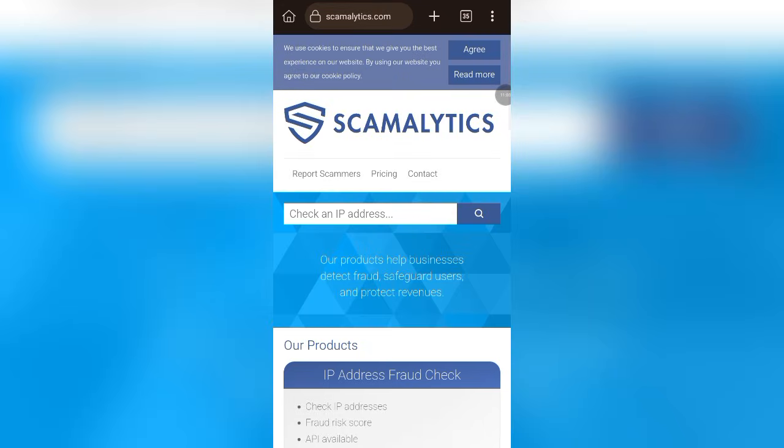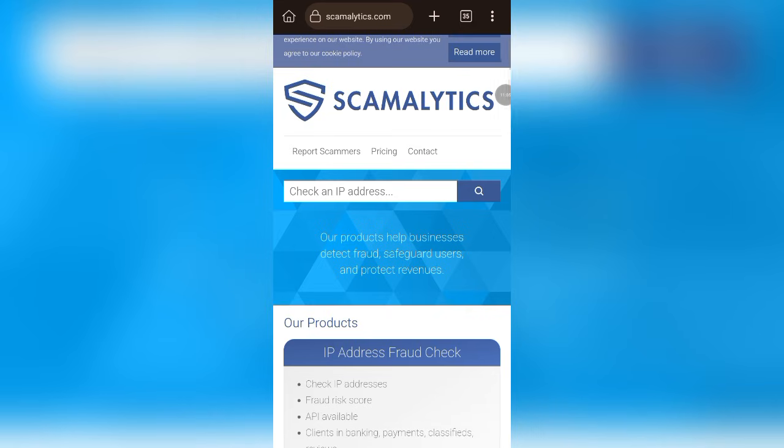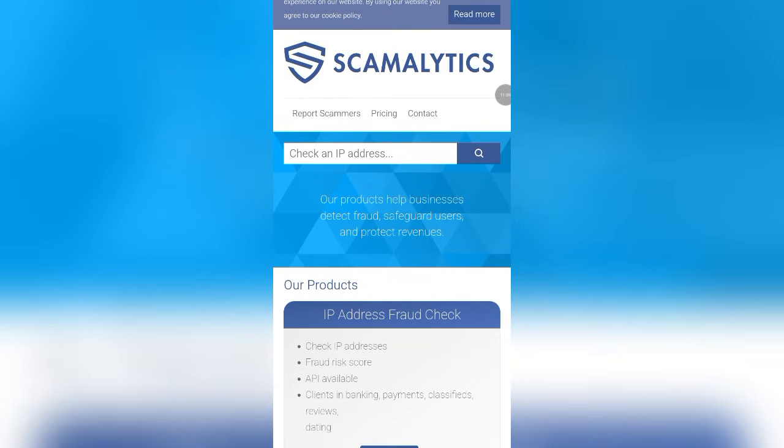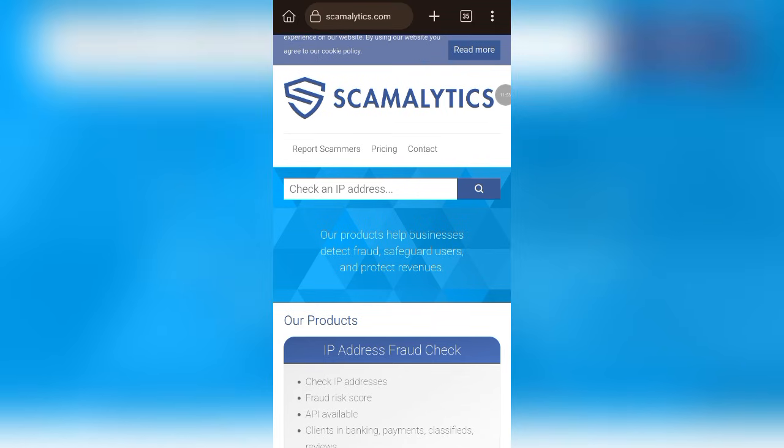Once you come over to Scamalytics, you are going to come right here, put in your IP address right here to confirm the strength or the activeness of your IP. Now once you have a score above 5 or 4, then you can be sure that the IP you're actually using is good for you to go ahead and use for service. Now Scamalytics has always been a help to us that are into service, because what we do always is to